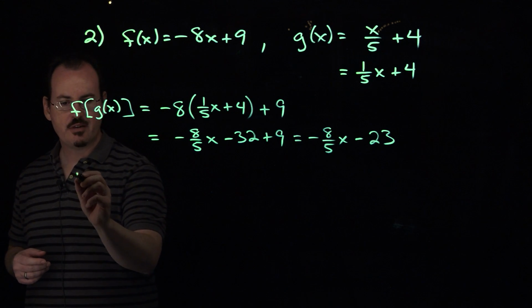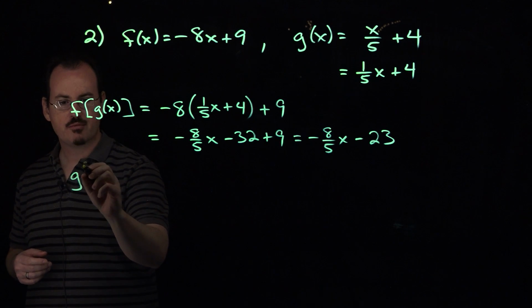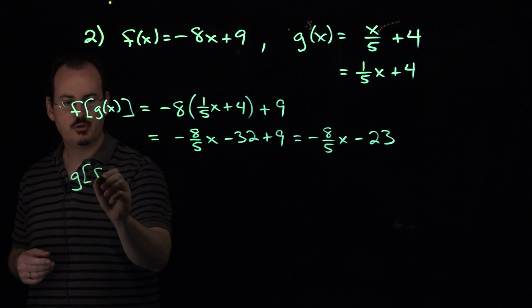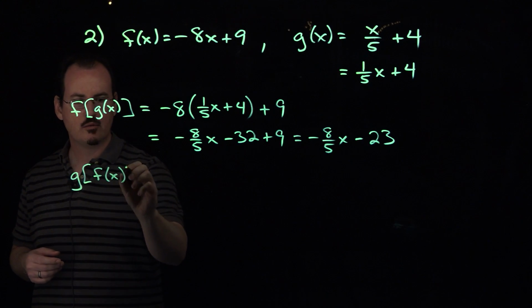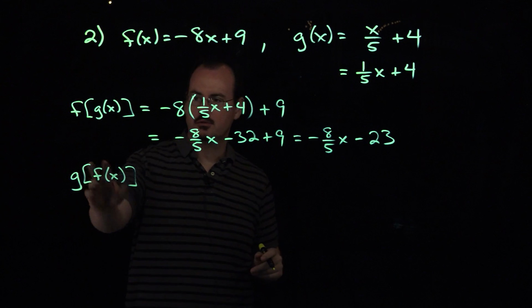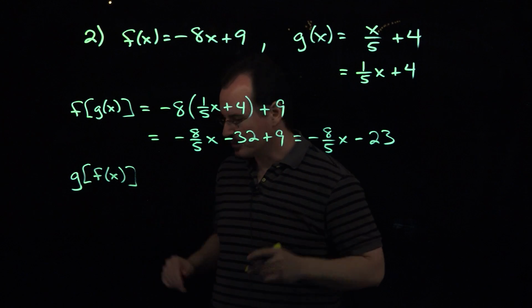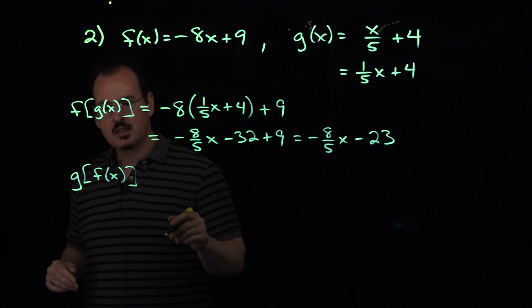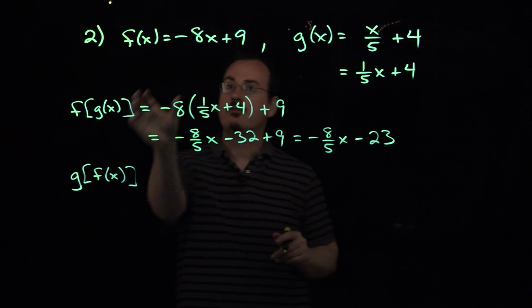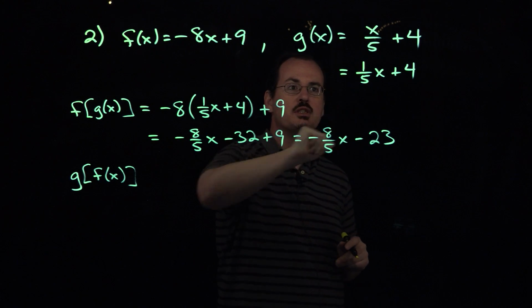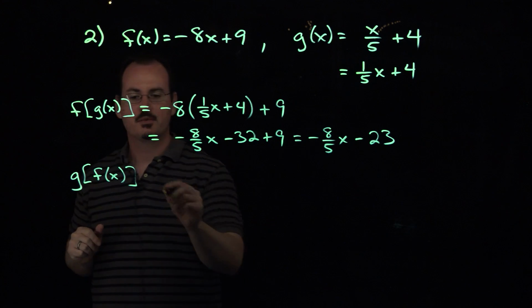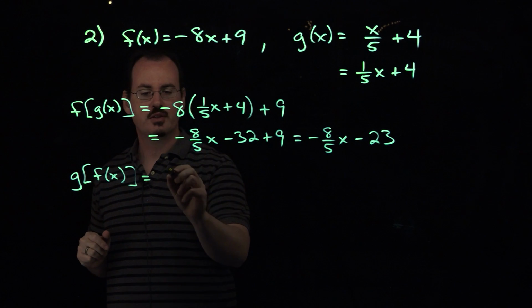Okay, now we'll do g of f of x, and we'll notice that function composition is not commutative. That means that we're not going to get the same answer when we reverse this like we do with multiplication or addition or something like that. So for g of f of x, we do the opposite. We take the f function, now that one, and we plug it in wherever we see the x on the other one. So that's going to give us 1/5